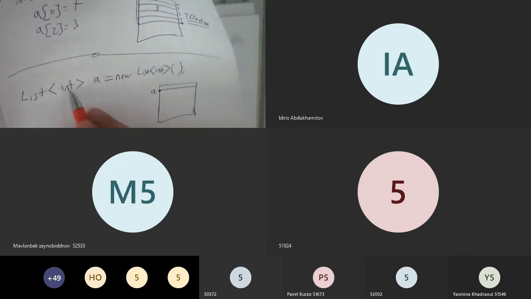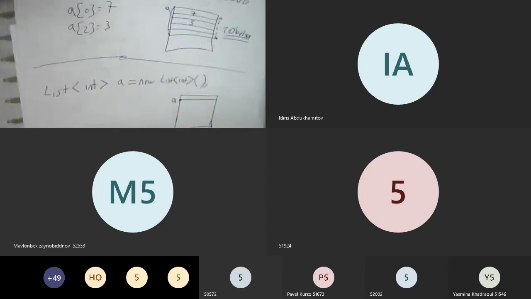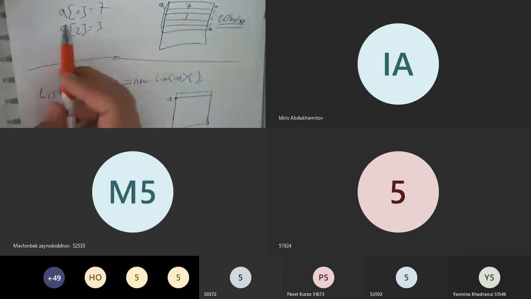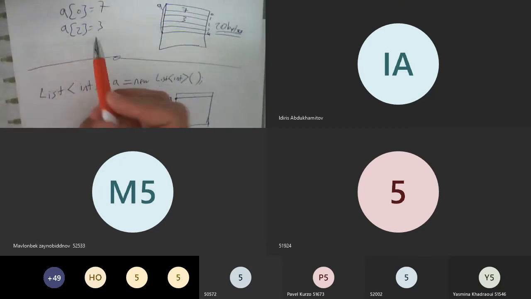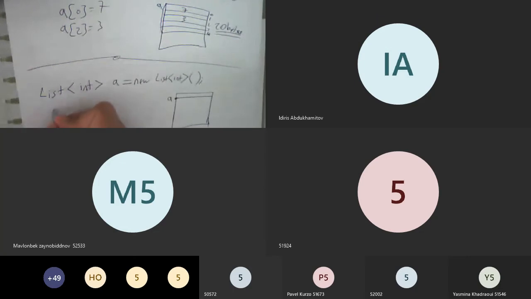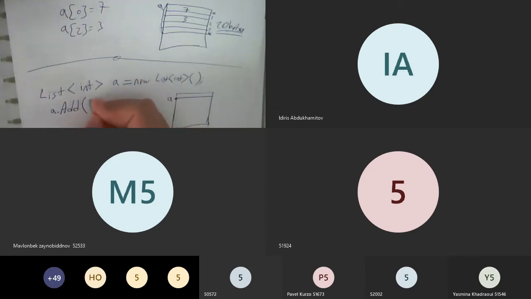Saying that it is a list, saying that you are going to put integer values here. What does it mean? You cannot say array A0 is equal to 7. You cannot say A2 is equal to 3. What you should say is A dot